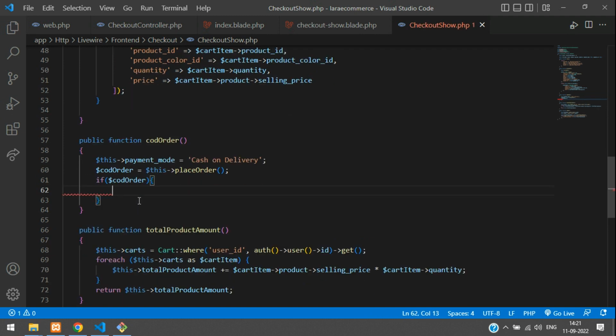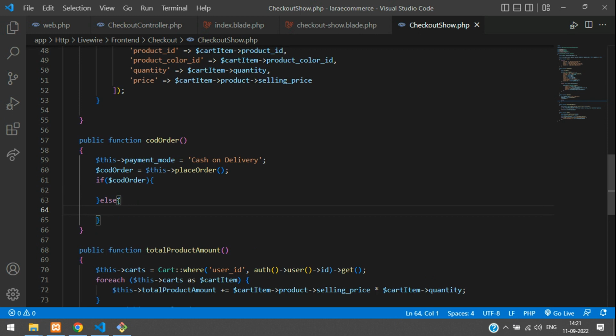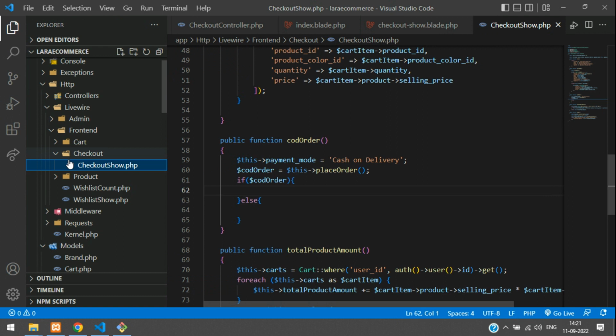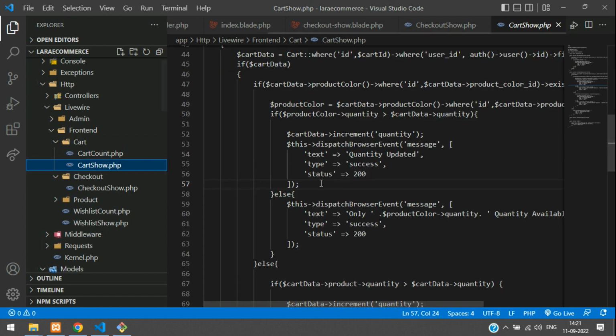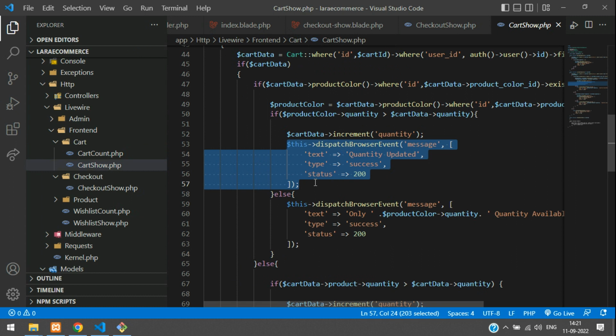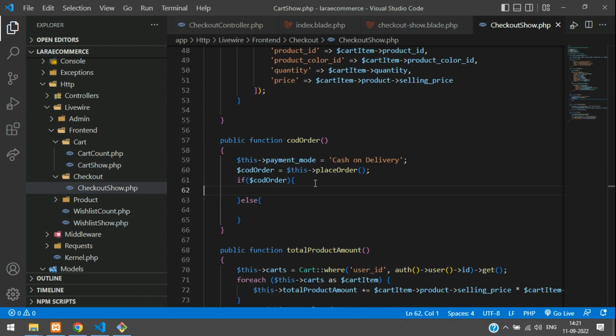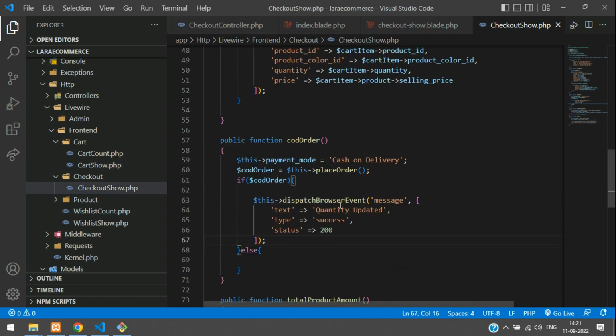If it is true, then we will show your order placed successfully, else you can show something went wrong. All done guys, and now to show the message we are using dispatch browser event frontend. Okay, so let's get back to our cart model and just copy any of the message dispatch browser event. Let's close back and paste here. So we need to show the message as